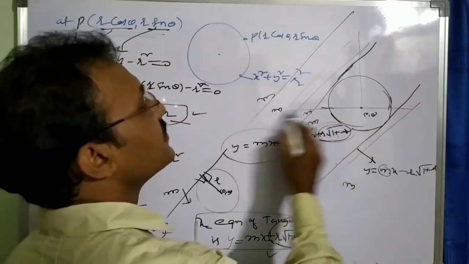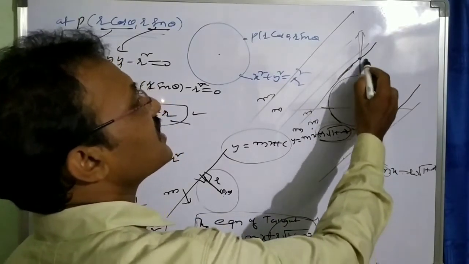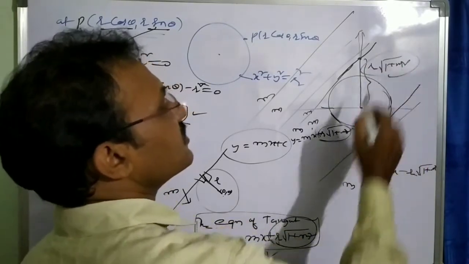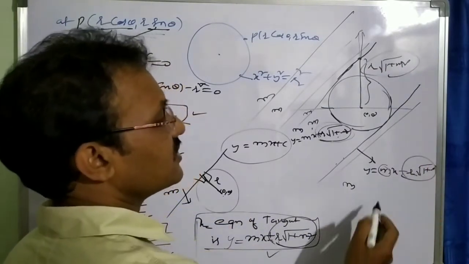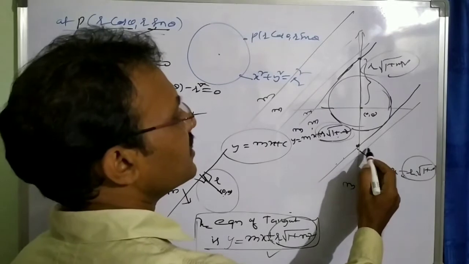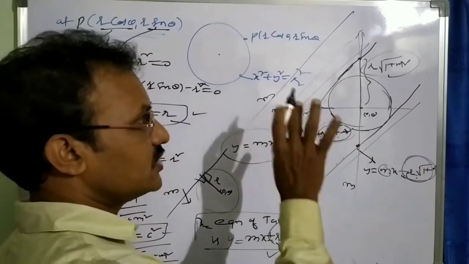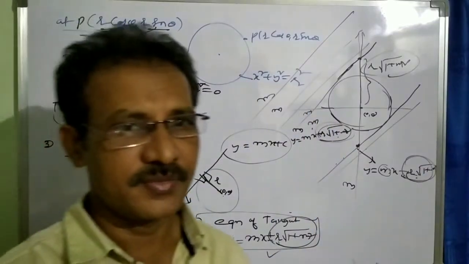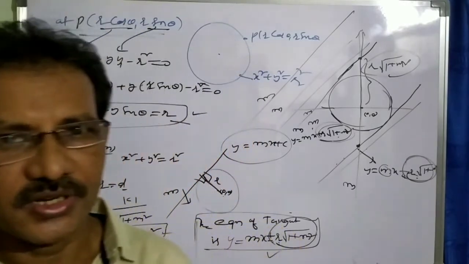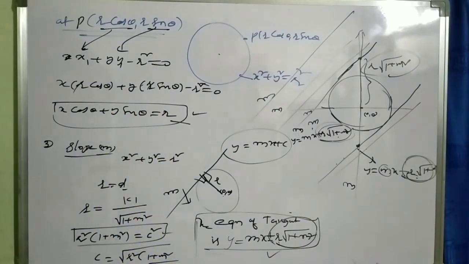See, if you observe here, this is the positive y-axis. It intersects the y-axis at a distance of r into root over 1 plus m square. That is the positive intercept. While this other equation intersects the y-axis in the negative direction, so the y-intercept will be minus r into root over 1 plus m square. So it varies in the intercepts only, but the slope of the two lines is equal. So there exist two parallel tangents for a circle. That is about the equation of tangent in the slope form having slope m.